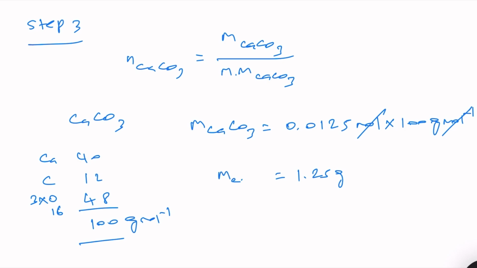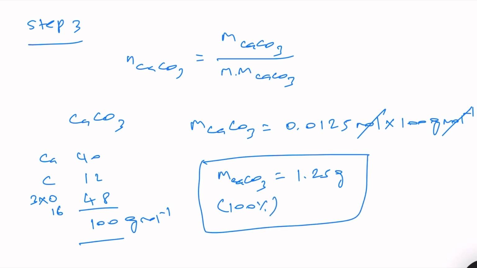Therefore, the mass of CaCO3 is 1.25 gram, but this is 100% purity. Now, we need to find it for 95% purity because 5% impurity is there. Let us do step 4. 95% means what? 95 divided by 100. So, we do not know the weight, so let us keep that as x. 95 divided by 100 equal to 1.25 gram, and therefore, x is equal to